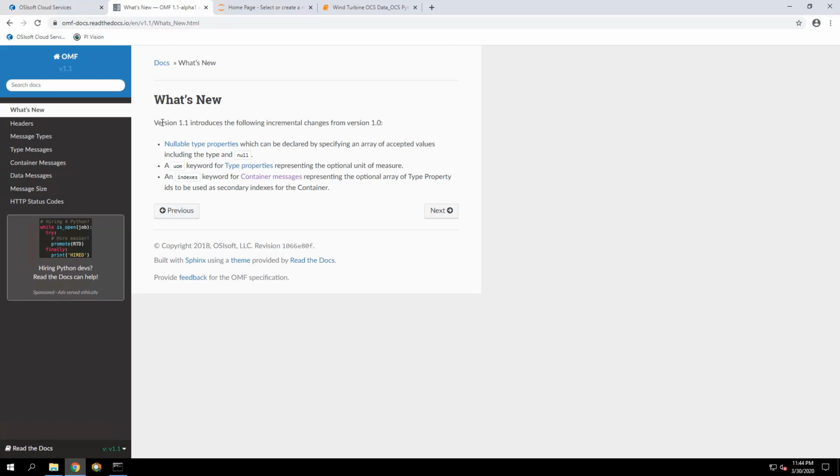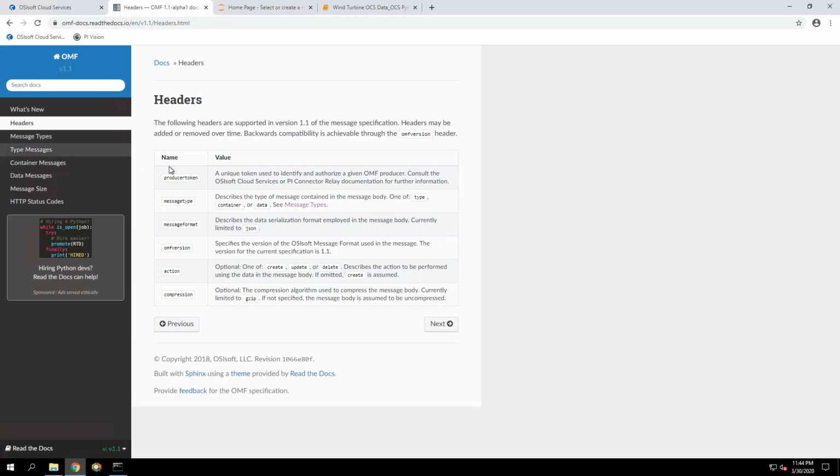The main components of an OMF message are first the headers. So I need to specify the header, and most importantly, you need to specify the message type. You need to specify if you're sending a type, a container, or data, and we're going to talk about these.